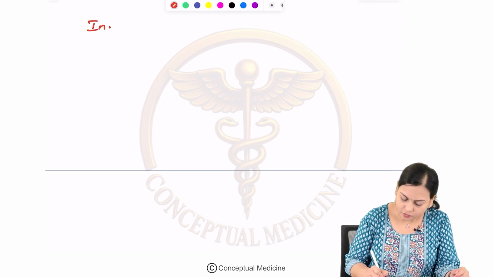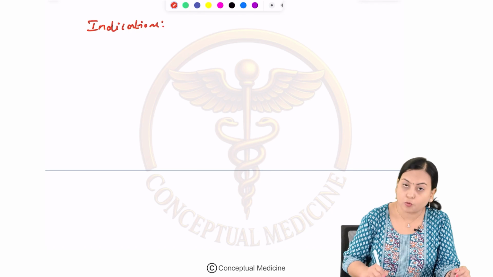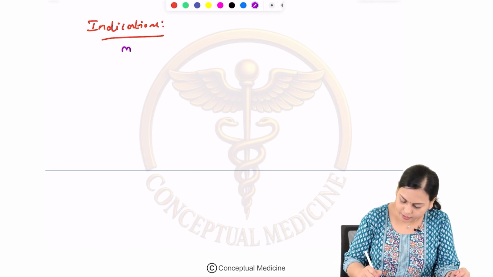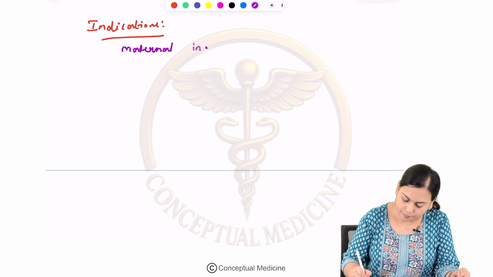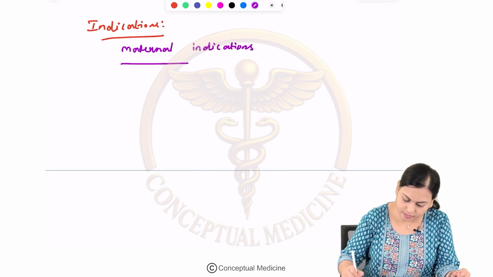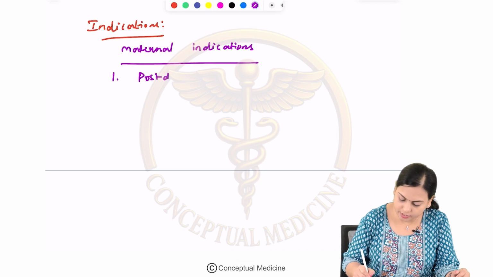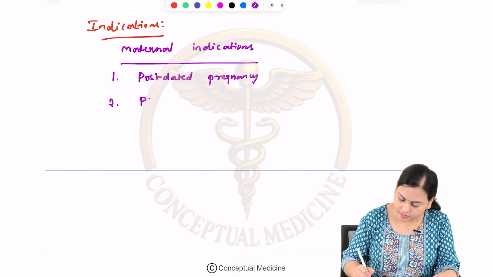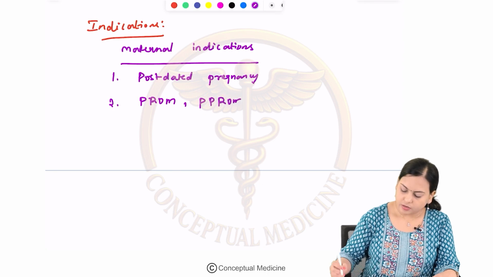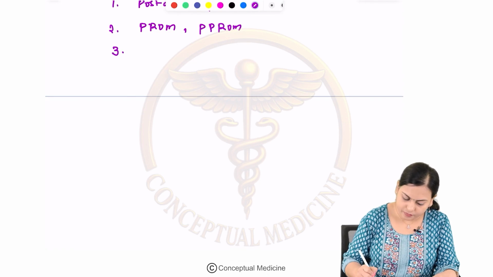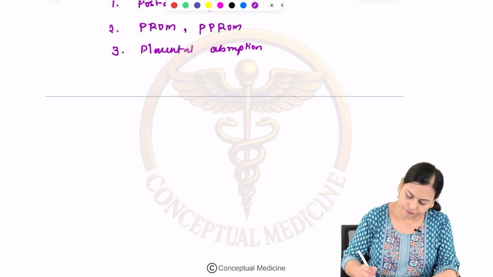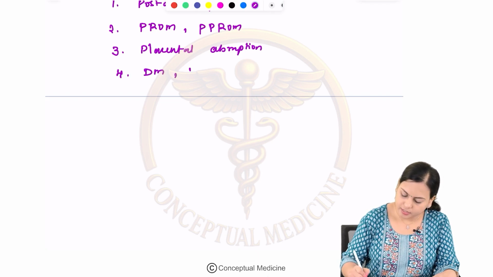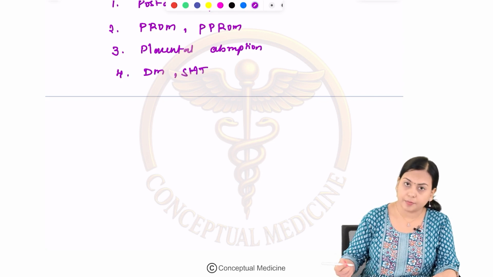We will see the indications now where we have to do induction or augmentation of labor. We will see the maternal indications as usual. Maternal indications include conditions where there is a postdated pregnancy, premature rupture of membranes or preterm rupture of membranes, or placental abruption, when the mother has diabetes mellitus or systemic hypertension,